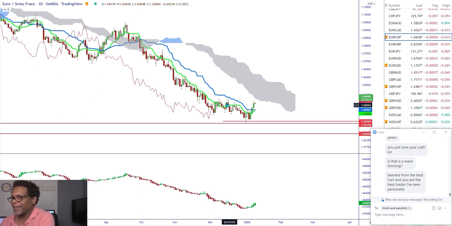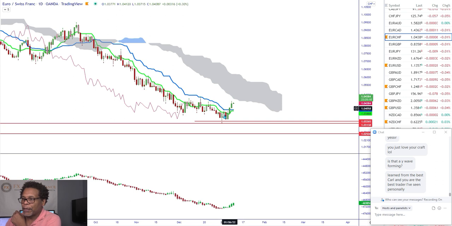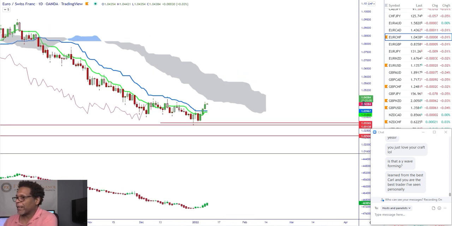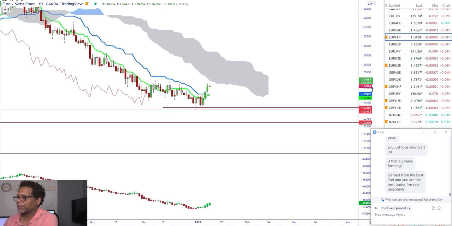To me, I wouldn't take a long trade, even though I'm pretty liking the long trade, but I'm not pretty much liking it based off of Ichimoku. Okay, so based off of Ichimoku, I would wait. First of all, I want to get that N wave also. Now, if I get the N wave, then I would trade it, and it could be the V wave.